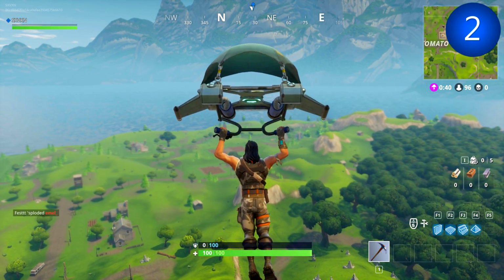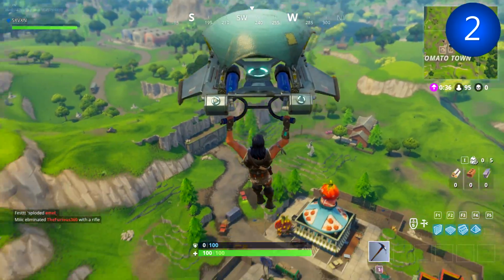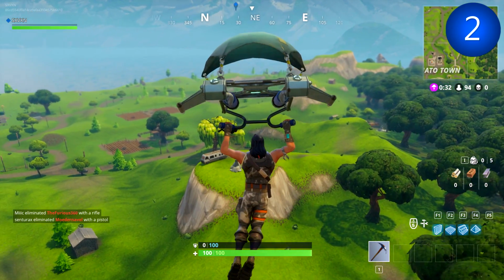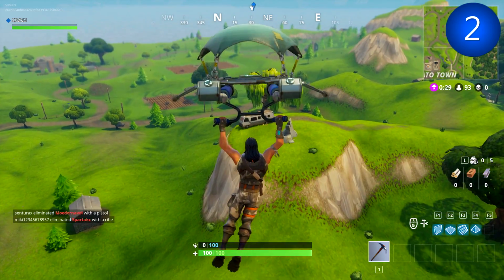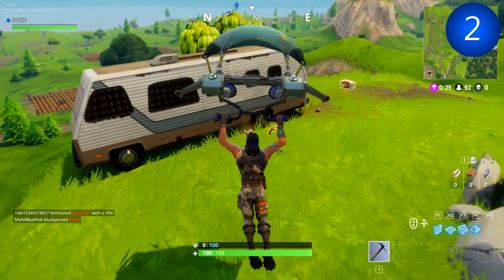noticed, all of these are actually created on PC, so I'm deciding to mix it up a little bit. I am an Xbox player by trade, but what you want to do is land by this caravan that was left on the hill. Poor caravan. You can find some weapons up here, and I definitely advise landing here first, because if anybody